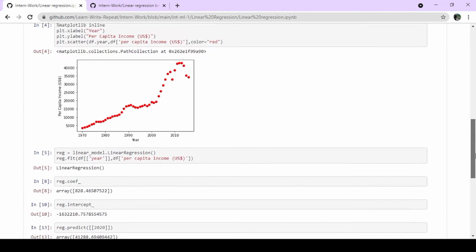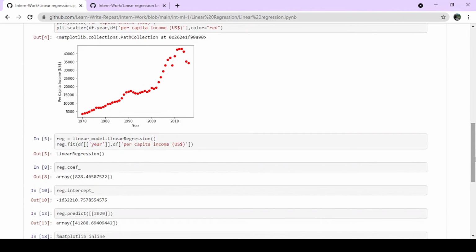After this we will declare the linear regression function, and we will call the fit method to learn from the data, like reg is equal to linear_model.LinearRegression, and reg.fit, and in the brackets we have written data frame df year and data frame per capita income. Now the output comes to be LinearRegression.